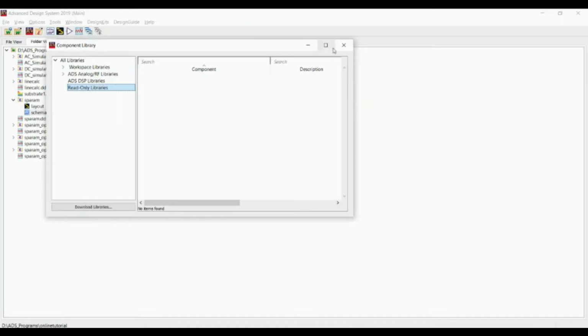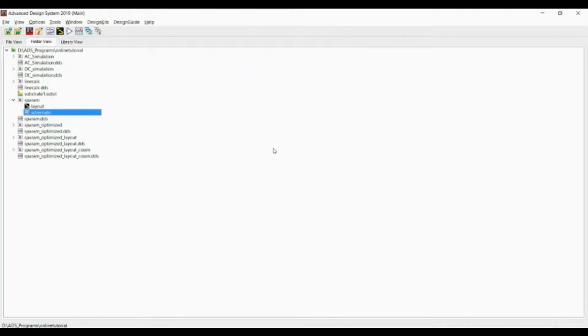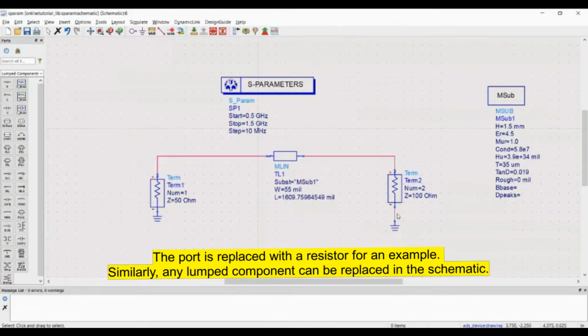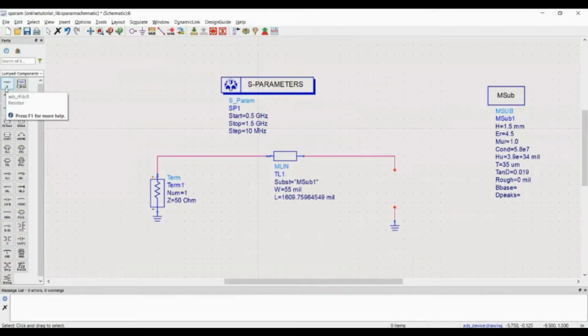So right now what I am going to do, I would like to include the vendors library so that I can use the resistor in place of my termination. So here is this two-port device which we used as an impedance transformer, and now if I want to replace this particular port with a resistor so that I can convert it into a single port device, you see here is this resistor available.